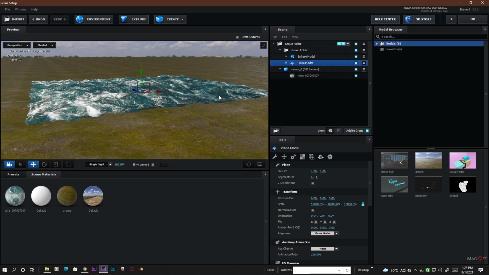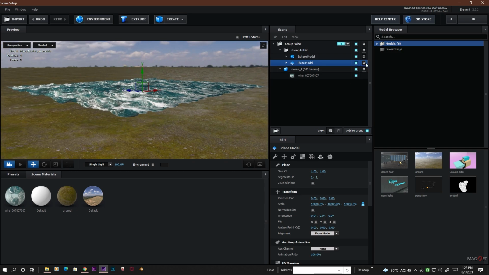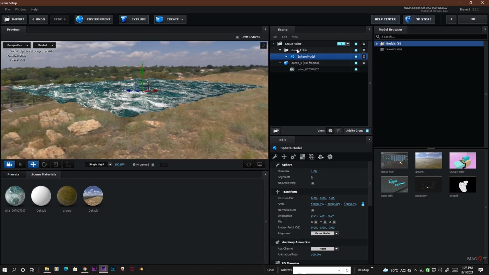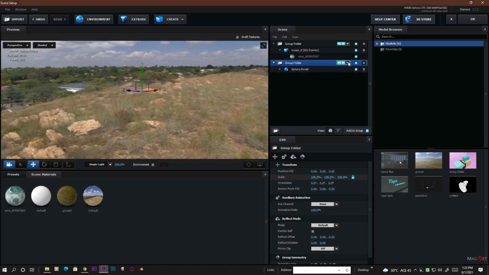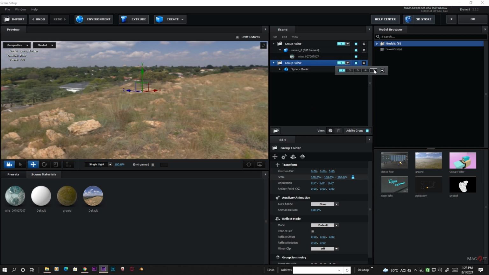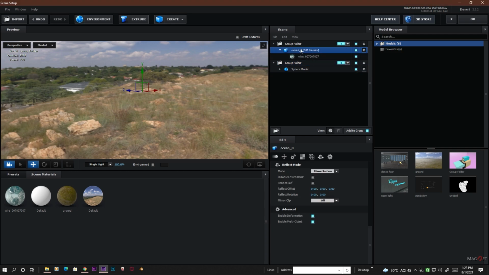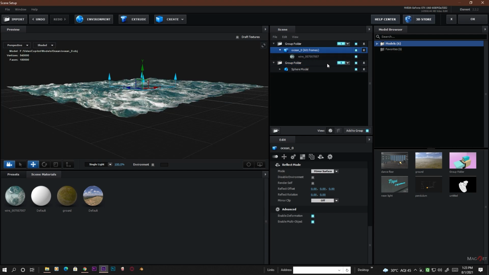But I also put a plane here because I don't want this plane here, so I just delete this and make this folder out from the group. So just click and drag it out from the group and place it to the group number 5 here. Okay, so go again to the ocean scene here,